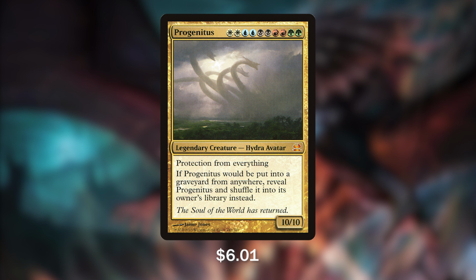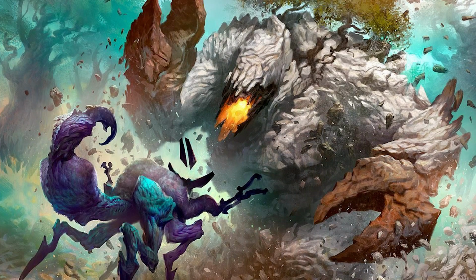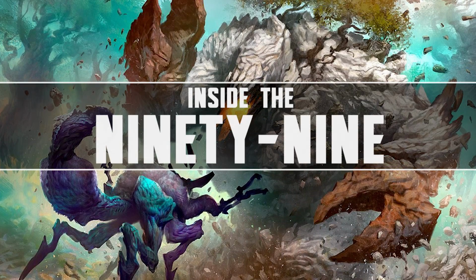Although there are a lot of ways that Progenitus can still be taken out, there's just something to be said about a board presence with this awesome creature on it. But now that we've seen how we are going to operate this deck and the amazing spells that we're going to be casting with all of the awesome effects, let's take a look at what else we got going on